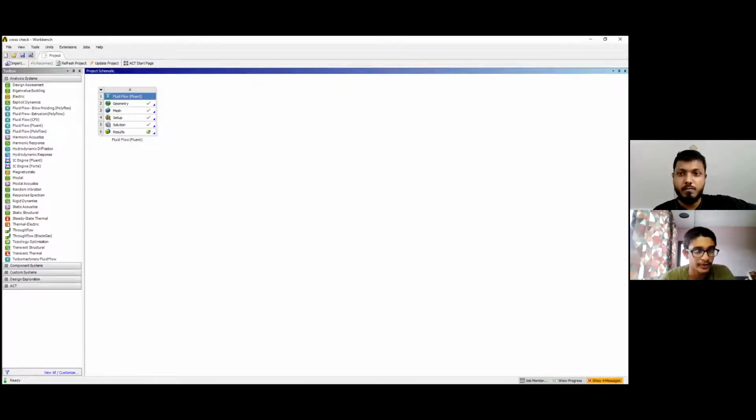He's doing a fluid flow analysis, and we'll check the mesh now. We'll have to wait because the software is very heavy and needs a lot of computational power too, so it will take some time to open.